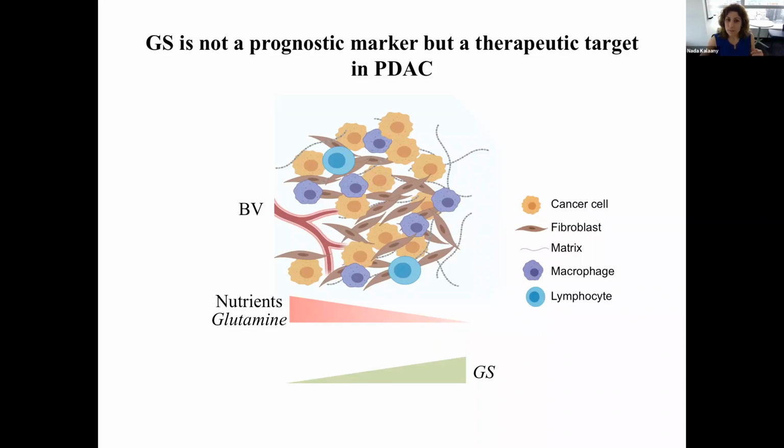So despite the fact that GS cannot be used, we think, as a prognostic marker, it is still indeed a therapeutic target. Why? Because even though it does not tell you whether this is a more aggressive cancer, because of its heterogeneity, when you inhibit it, you are still going to target these most aggressive pancreatic cancer cell clusters in the tumor, because these are the ones that are the most adapted and have survived harsh nutrient deprivation. So again, even though it's not a prognostic marker, we could think of it as a therapeutic target in